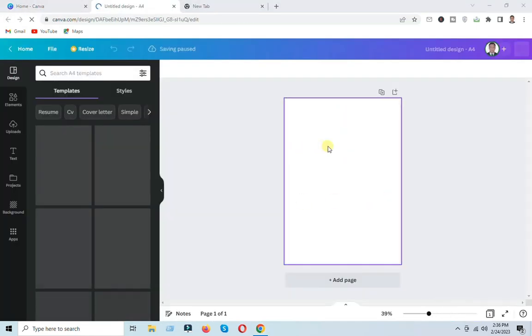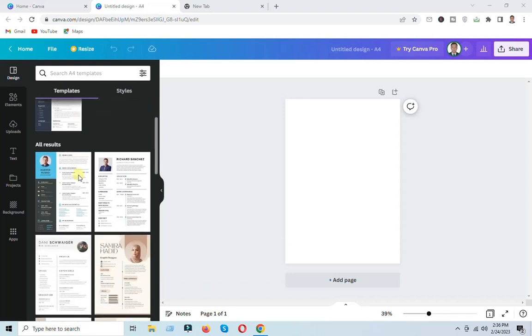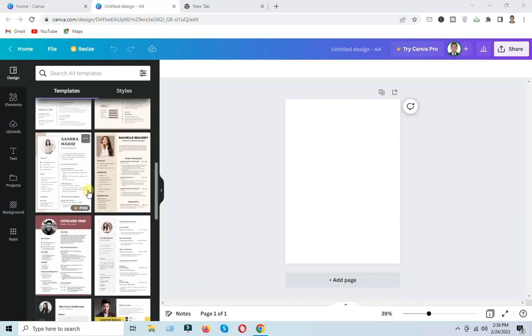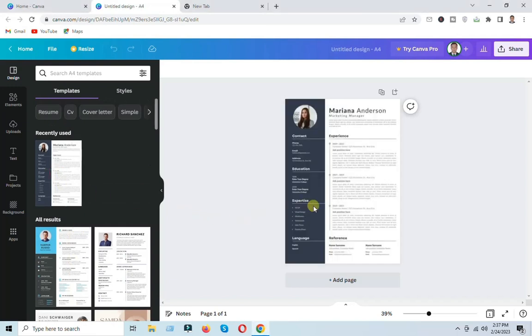click on resume. Okay, this is a blank surface, but left corner here is all template. Resume template is here, so you can choose from here. Okay, I'll choose this and zoom